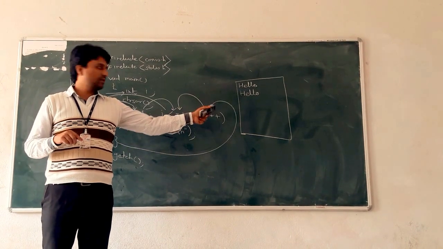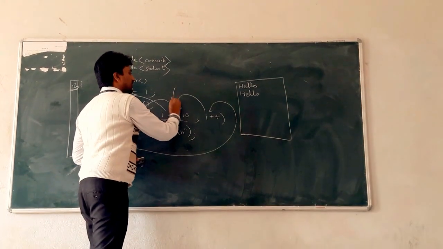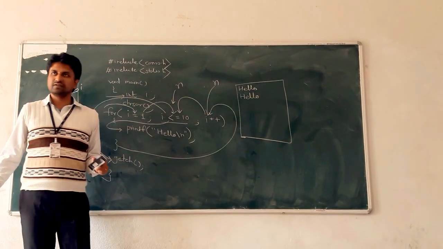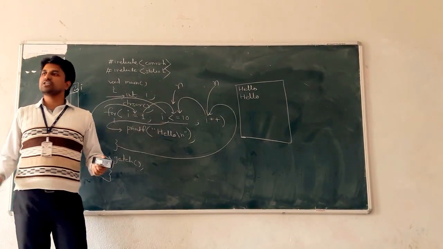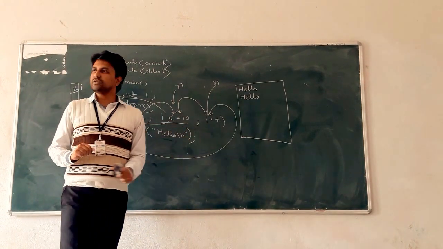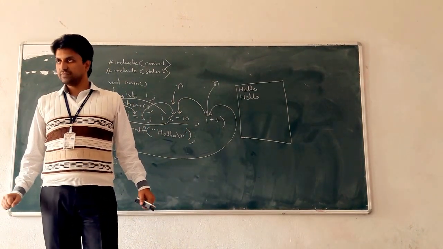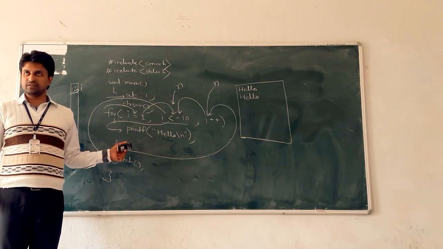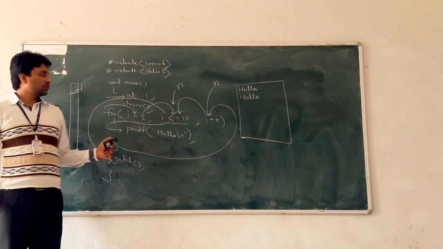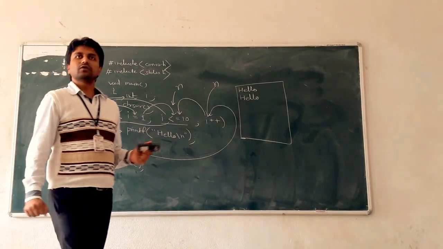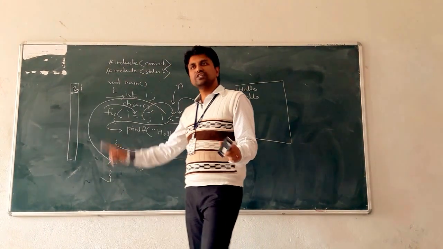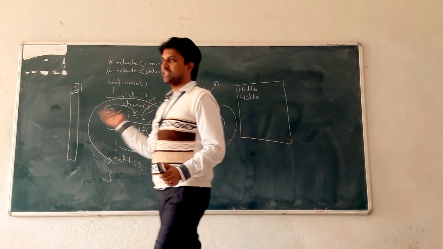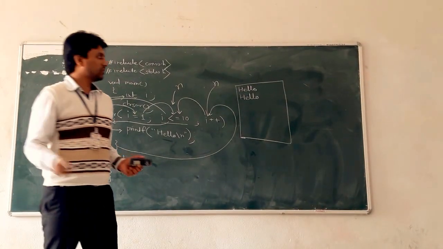If the condition part is executed n times, then the I plus plus statement is also executed n times. Okay, means if the condition part is executed 10 times, then the reinitialization statement is also executed 10 times. Clear? And that many times the body gets executed. Okay, so this is a simple program to print hello on the console using a for loop. Understood? So we will now take another example which is somewhat complicated.